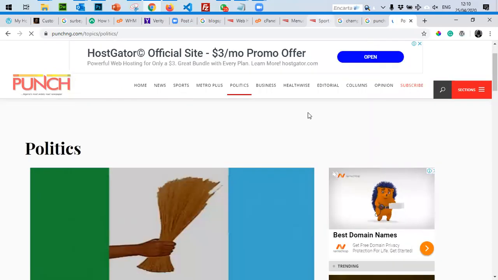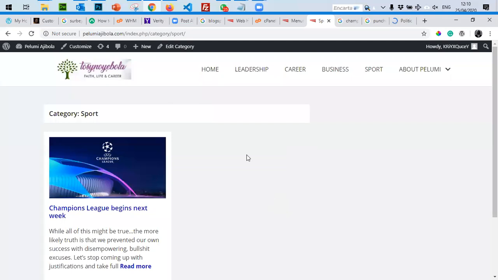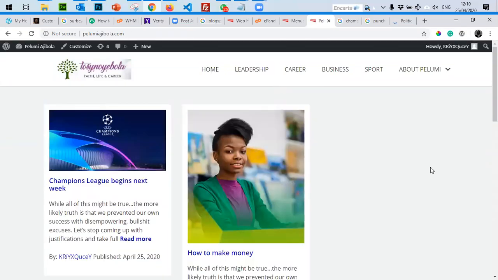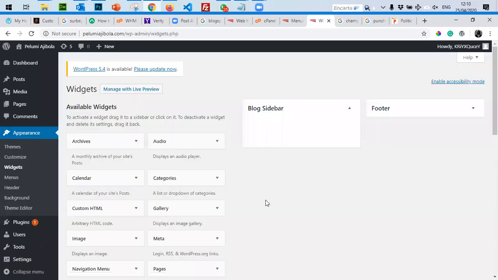That's exactly what we have just done with this one. So the more content you have, the more fleshy or filled your page would be. So for this right side, like I mentioned when we're setting up the theme, there are two things you would have to pay attention to: your menu and your widget.